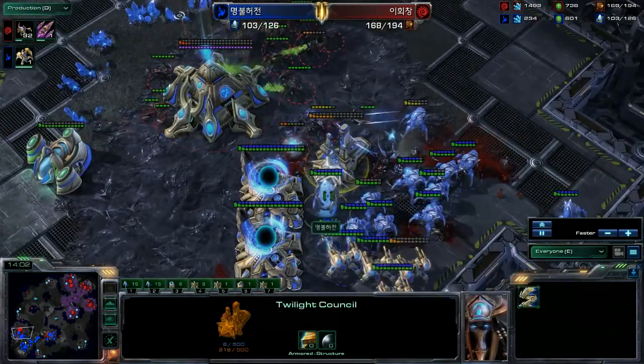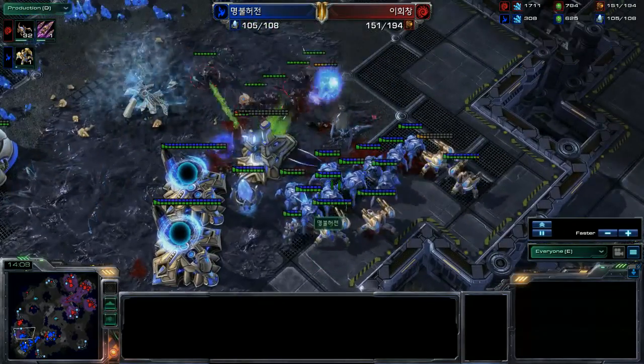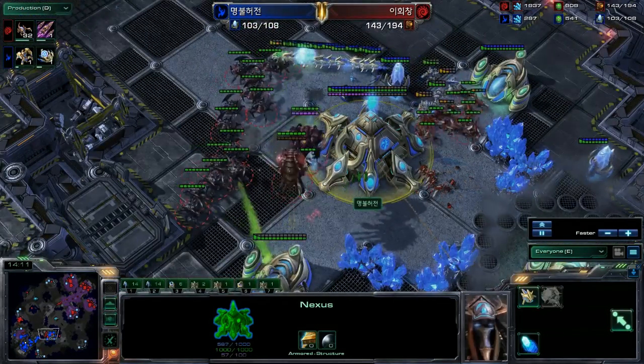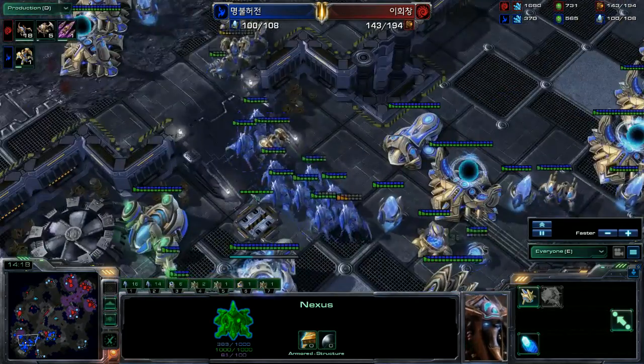And one of the worst things about this, any building's lost. He's not going to be able to rebuild. If he gets this Nexus, he has to wait for the creep to dissipate. He will not be able to immediately rebuild his main. The third base is taking a lot of damage and should fall before the rest of these units can